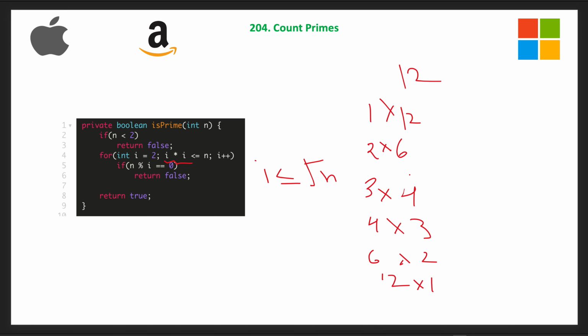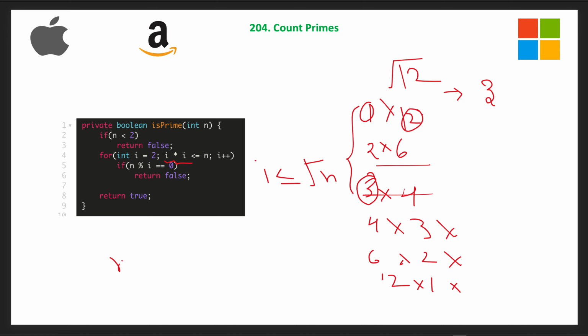So the rest of the pairs are already covered and we don't need to check them. So we only run the loop while i is less than or equal to the root of this number, which, taking the integer part, is 3. That's why we can optimize our is prime method from n to root of n.